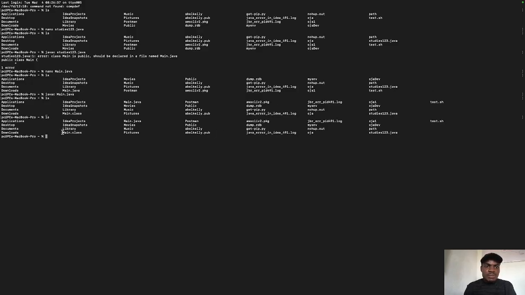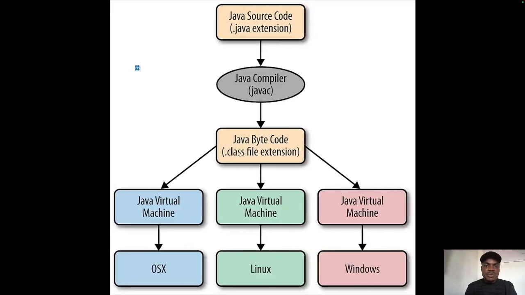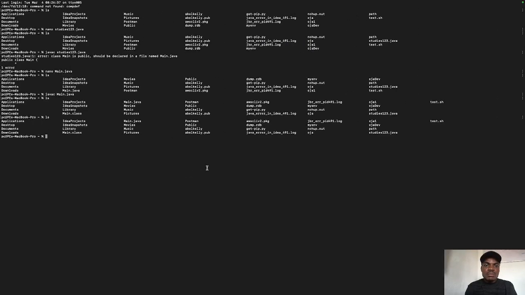We are trying to run the main class, right before my system started hanging. We were able to convert the main.java file to main.class using the java command, based on this diagram we have here. So I will just go ahead and run the main class. To run the main class, I would say java main, yes, java main. So java main would run